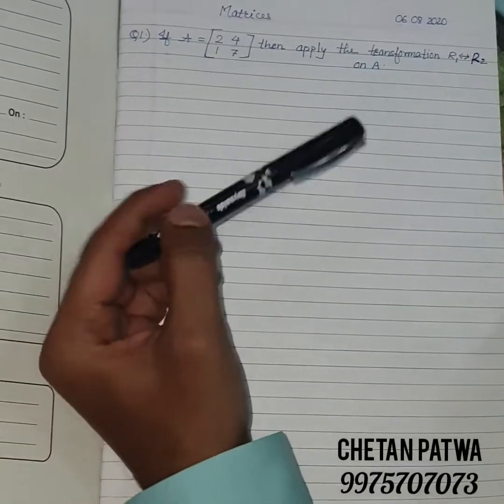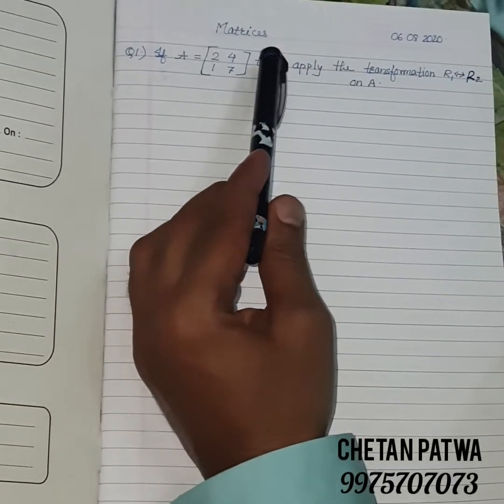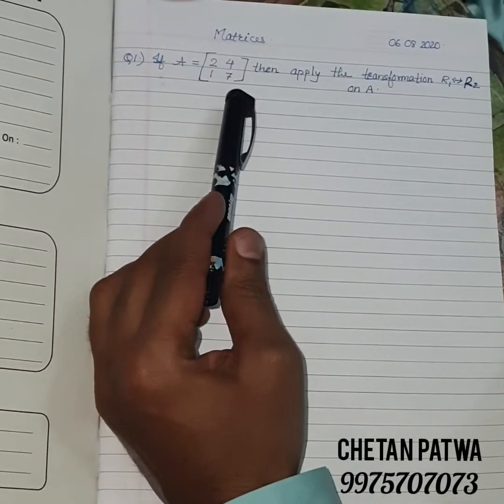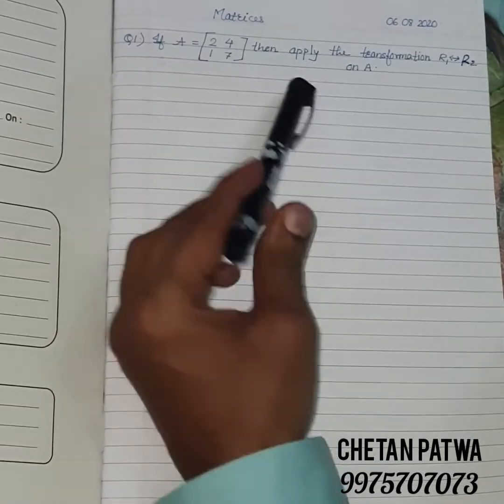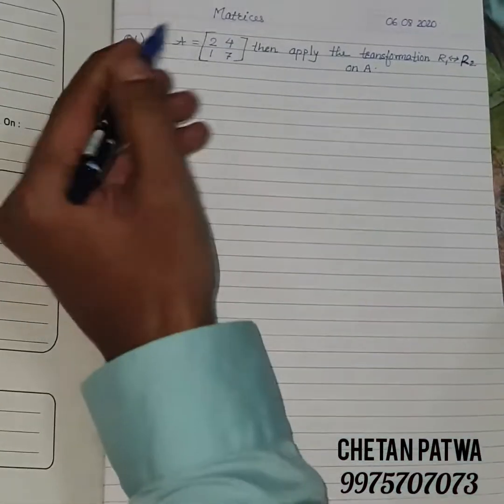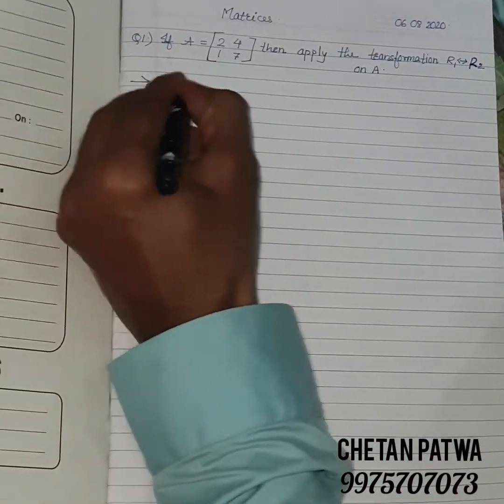We are going to start with the easiest chapter, matrices. In today's lecture we are going to see the application of elementary row transformations. Now in this case the given matrix is given